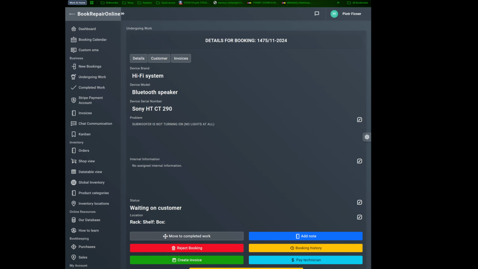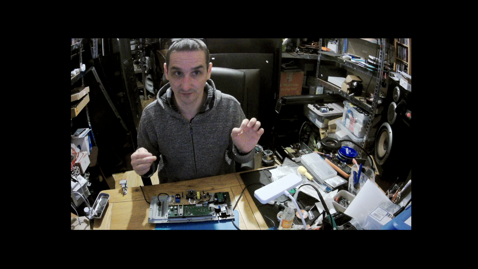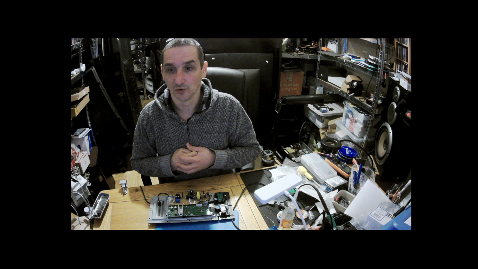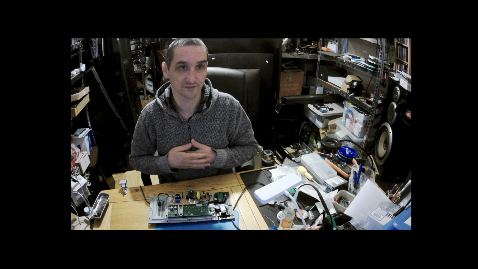No lights at all. Now, this subwoofer came to us with the soundbar, and as always, we're trying to diagnose, and we always try to give two routes for the customer. Yes, so one is cheaper, waiting on parts. Things can go, of course, wrong if you can't find an exact match of the exact component, or if you can get the component but it has to come from China. Or we can try to go to our supplier or eBay and find the